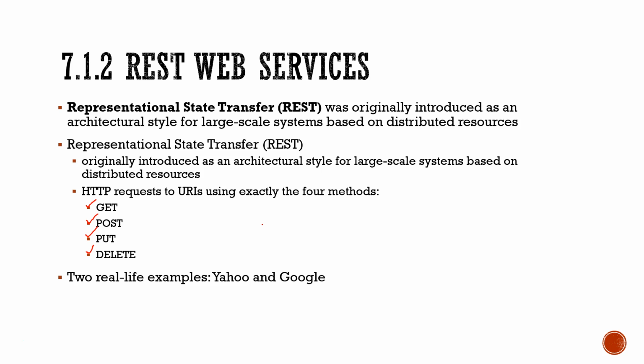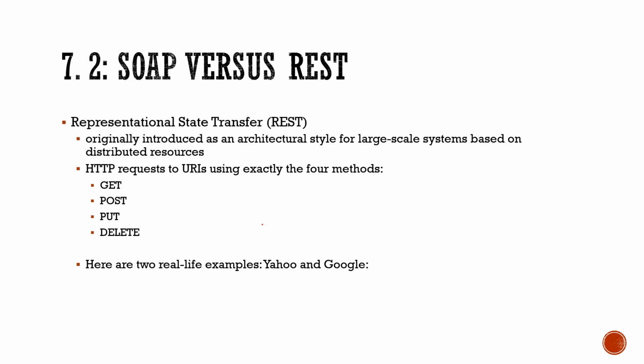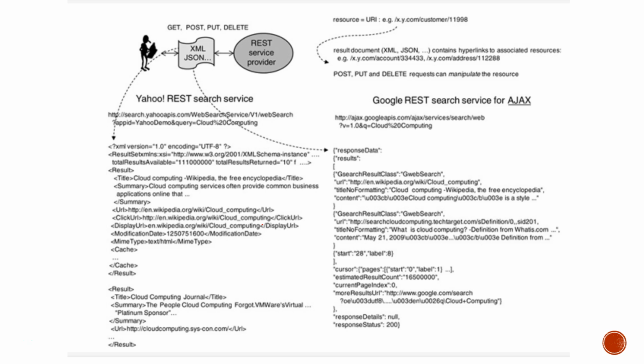Here are 2 examples. In the Yahoo REST search engine, there is XML. You can tell because it has an XML tag right there in the top of it that tells you this is an XML, what version you're using, and that kind of information is included in what we would consider the header. Then you bring in a schema which will allow for the formatting of the XML,